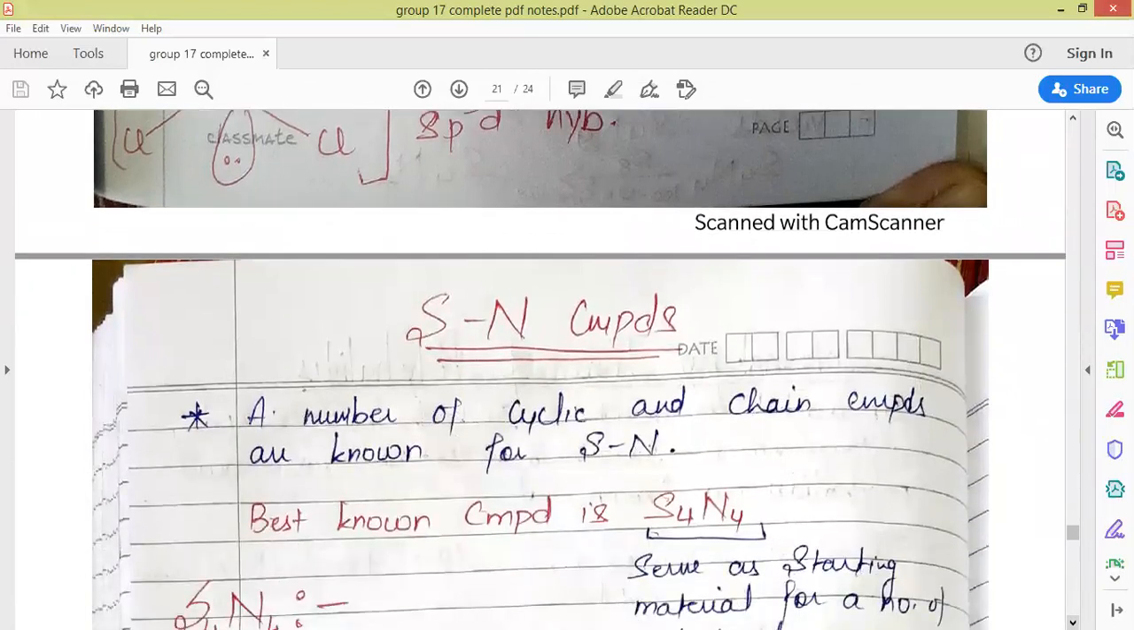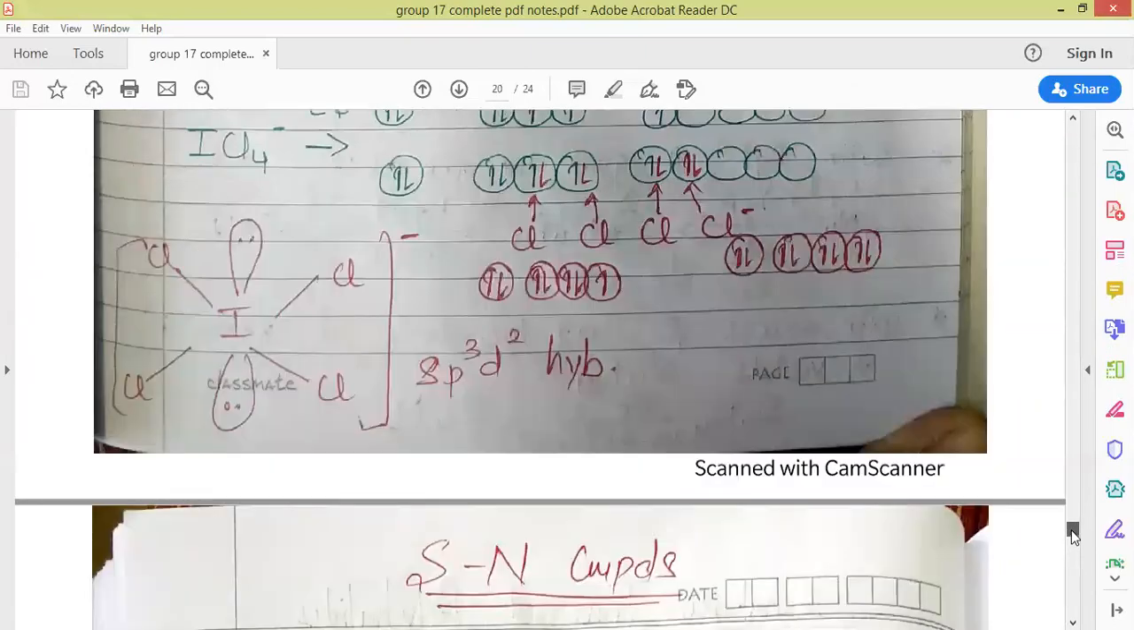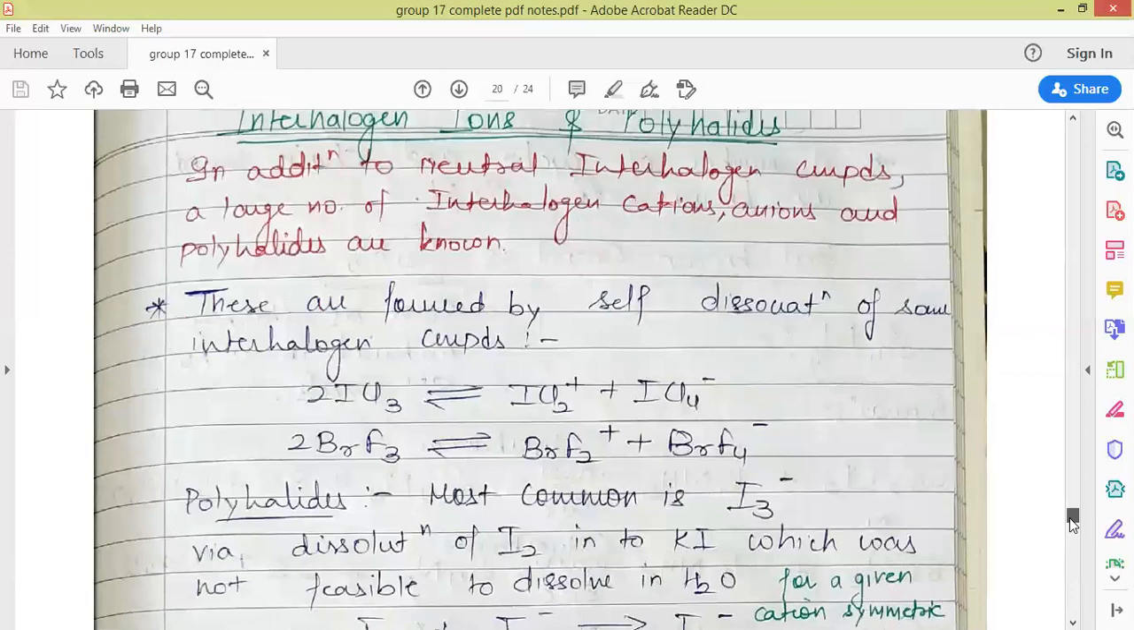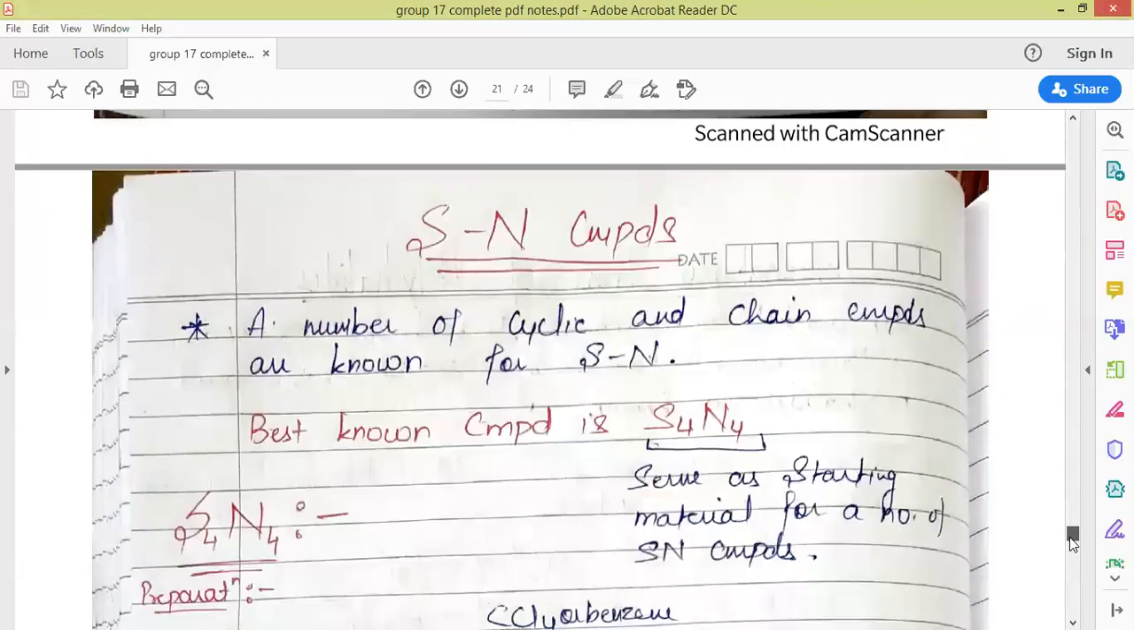This is all about the interhalogen cations and anions, or we can say interhalogen ions and the polyhalides. Mainly the structures are important, the hybridizations are important. Next we have to discuss, this is the last topic of this whole chapter, that is compounds of sulfur and